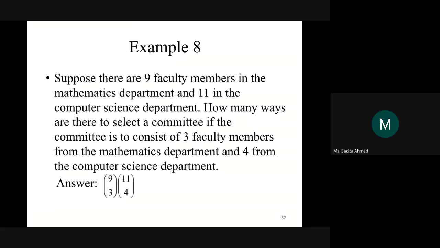So any questions left regarding this session? No, miss. All right. In that case, I can stop the